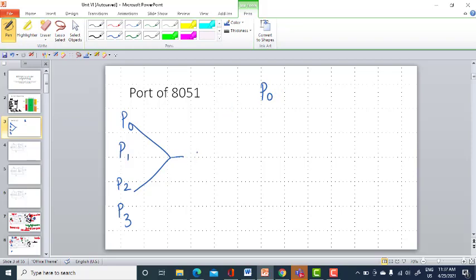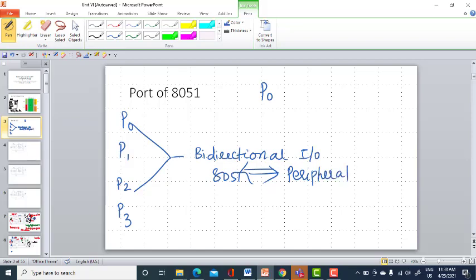First thing you need to remember, it's a bidirectional input output port. Meaning you can send data from the 8051 to the outside world, as well as receive data from the peripherals to the 8051. Hence it is said to be a bidirectional input output port.